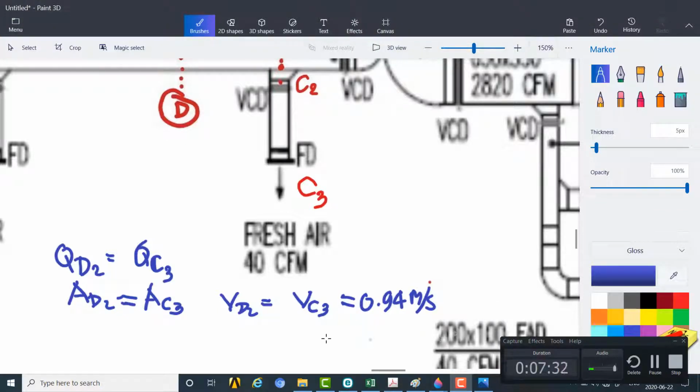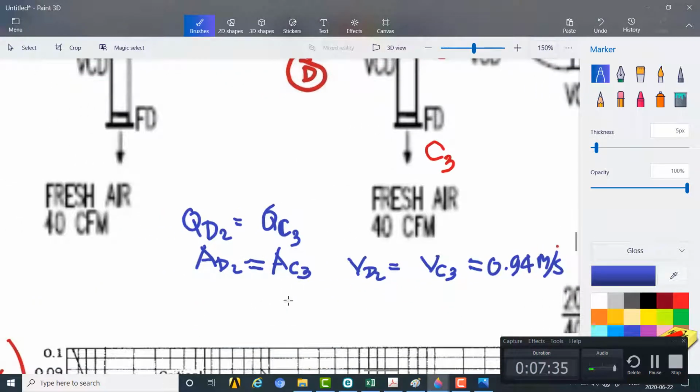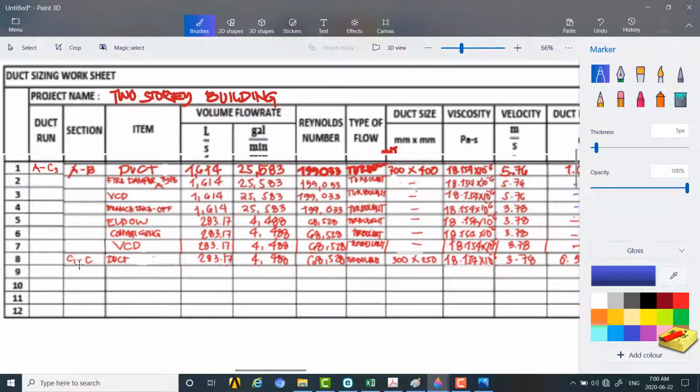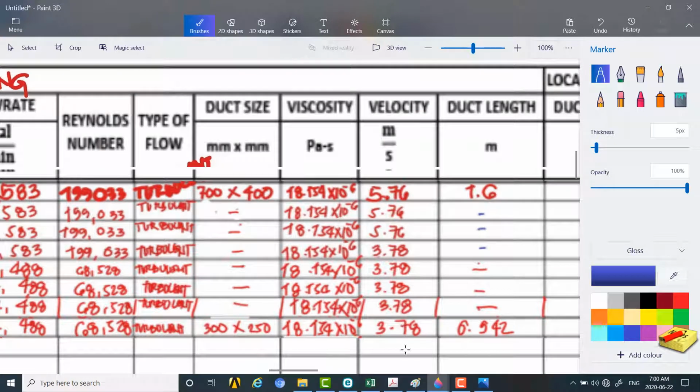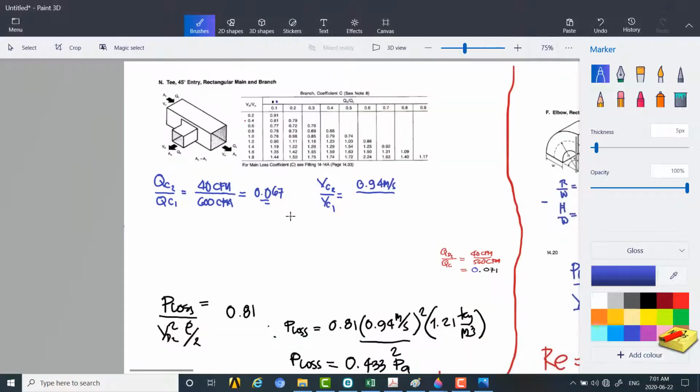So you can also compute this by means of your volume flow rate. If you're not confident, you can also compute it by means of your continuity equation, area times the velocity. So you will arrive at the same amount that I have here, 0.94 meter per second. Okay, so we have the value of C1 to C. So this is your duct, C1 to C. Then from our table, we have the value of the velocity, which is 3.78 meter per second. So substitute that one in our